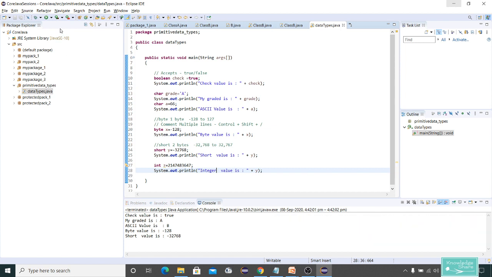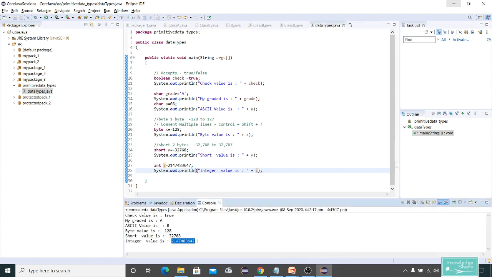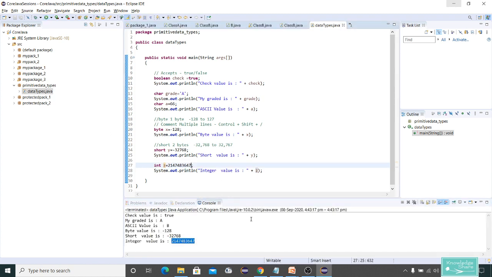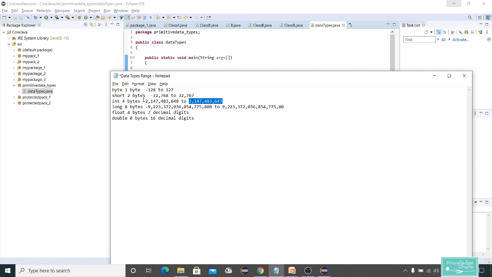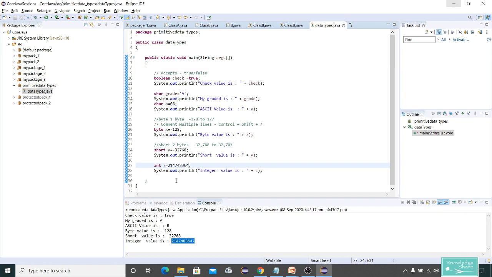Now let me print this. Integer value is. Let me see, 241. Let me increase one number and see whether it is accepting or not. See, it's not accepting. Even for negative values it's the same. Let me store it. Let me give minus.